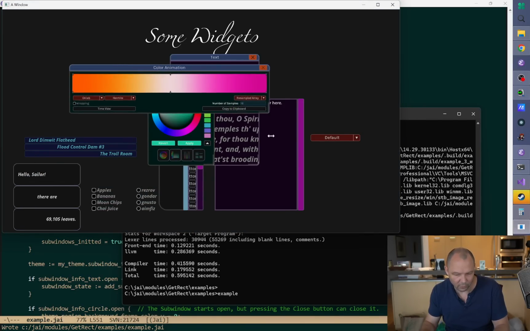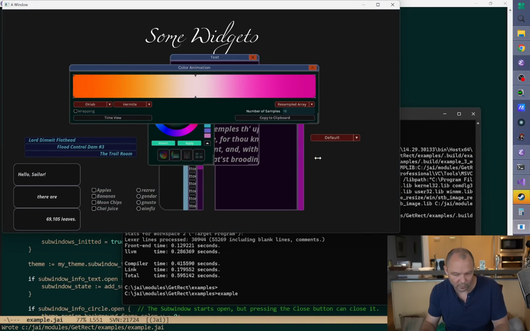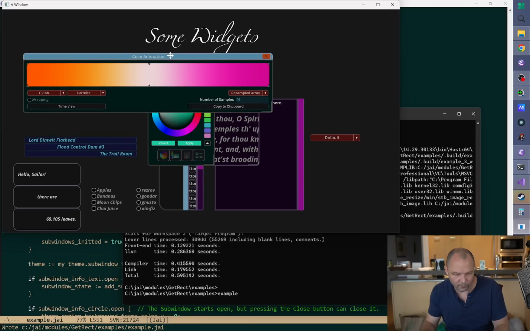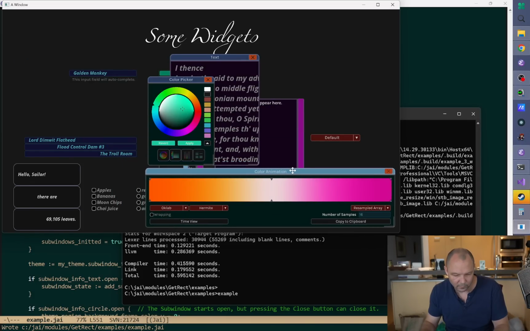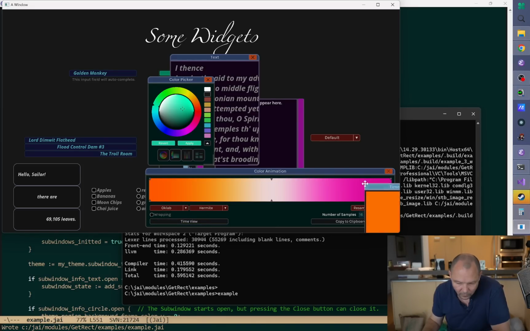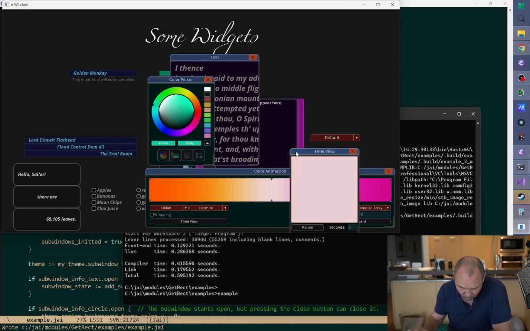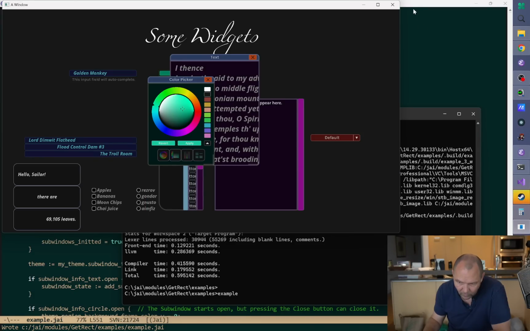Okay, that's a little too small. Okay, also, we should pop up the time view window somewhere better. All right, okay, so